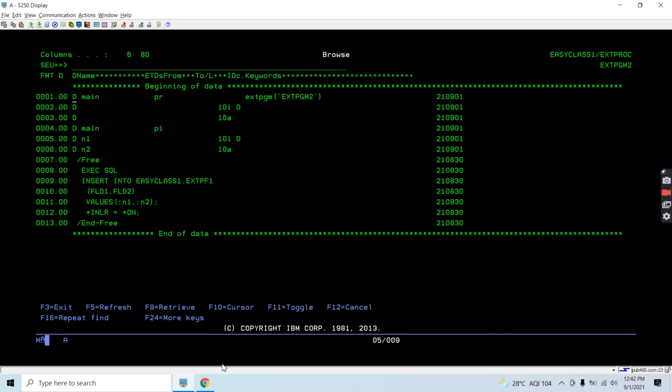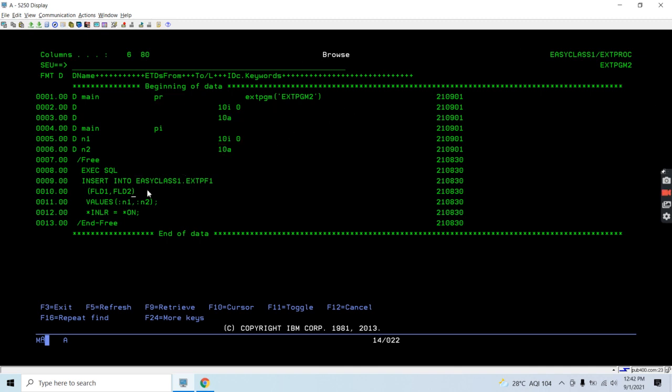create one program whose name is xtpgm2. Here in this program, this is the prototype for the main program and the procedure interface, where I'm taking the inputs. I'm taking two inputs: the first one is an integer and the second one is a character for the table fields.